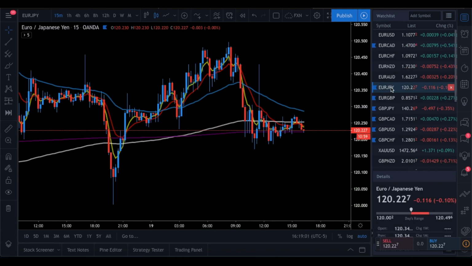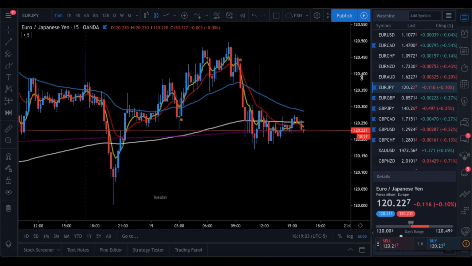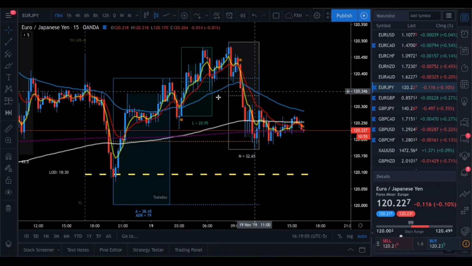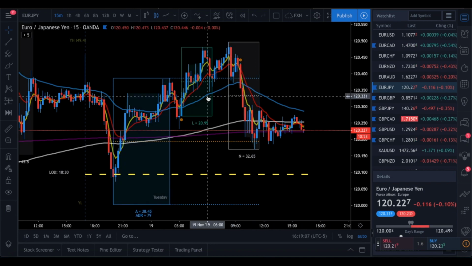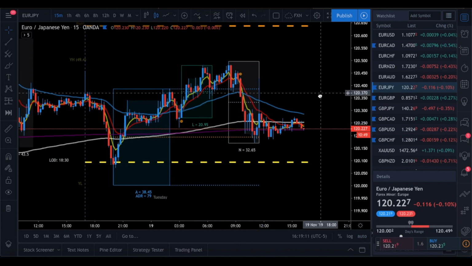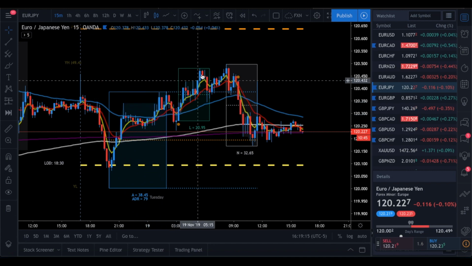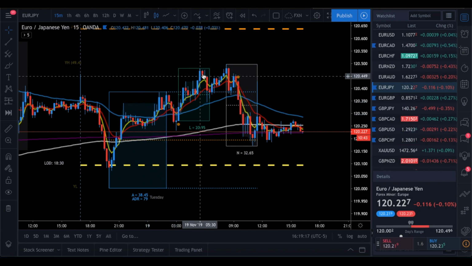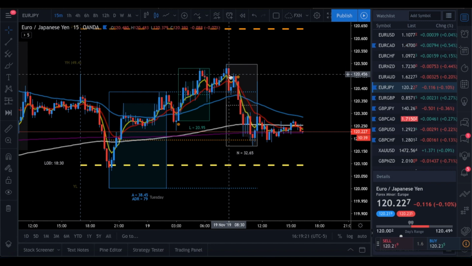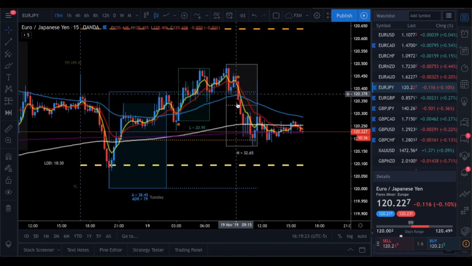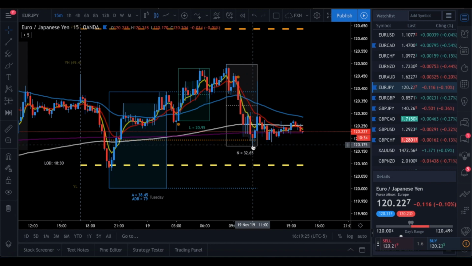Another trade that we had was EURJPY, and essentially this was a second leg that happened during the US session. All right, so essentially you have price that moved up from the Asian box. First leg happened during London. Second leg, you can see here at the beginning of the US session, you had your crossover here, and then you worked your way down. So essentially the trade setup,